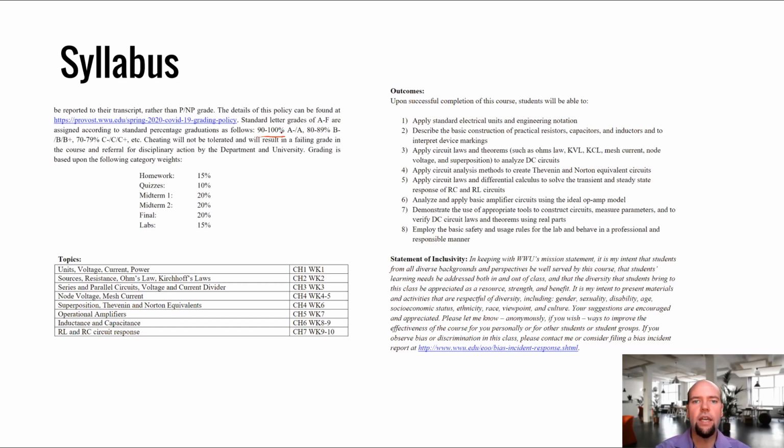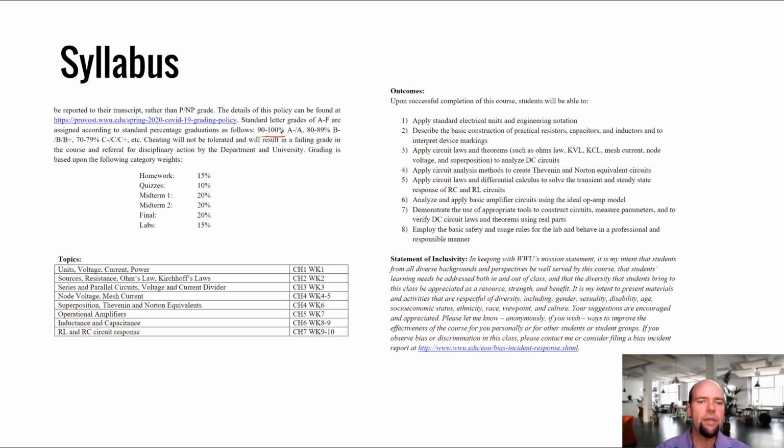But just note that generally people who are successful in the program do pretty well in this class. So it's really important to succeed in this class. It's a really good indicator you'll succeed in the program. And I really strongly encourage people to make this class a priority and to focus on mastering the material.